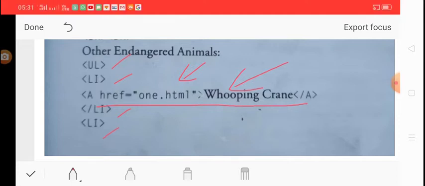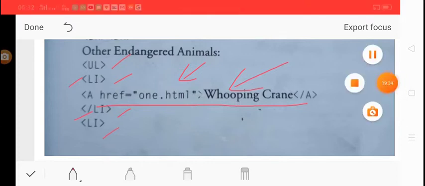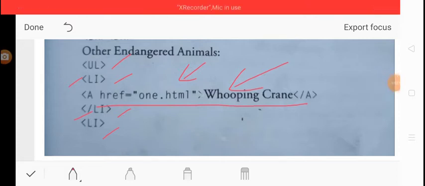Open Crane, that is the name of the link, and on just clicking on that link, the 1.html page should open. So we just write li, which indicates the list item, and then inside the li you can easily see that there is a link given, because all different list items serve as a link. So we just write a href 1.html and then the name of the link.